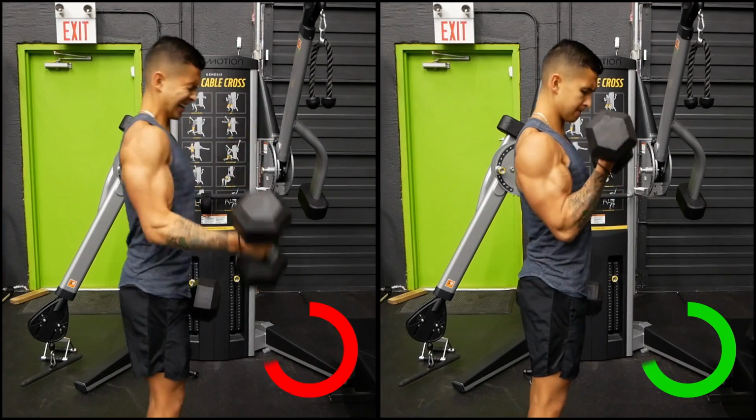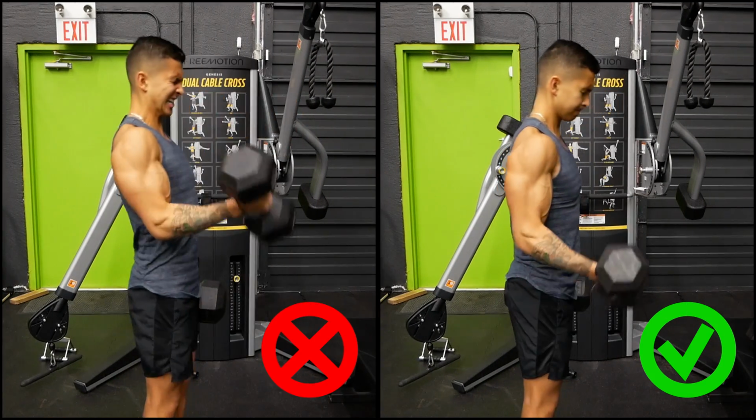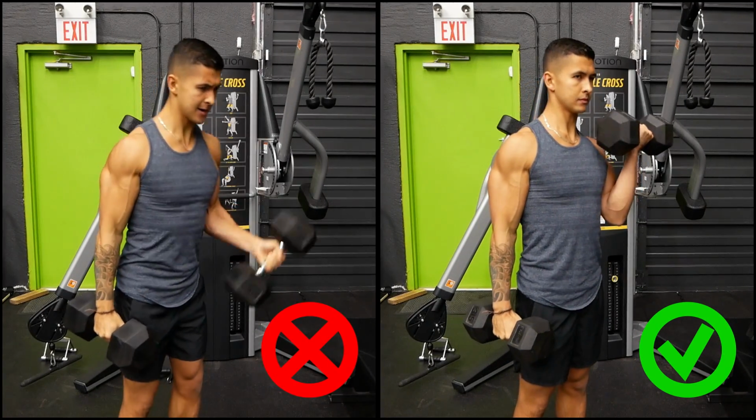So instead, put the ego aside and worry less about how heavy you're lifting and more so about actually using and fatiguing the biceps and triceps, which is best accomplished with proper form. And don't think that by lightening the weight, you're not going to build muscle effectively, because that simply is not